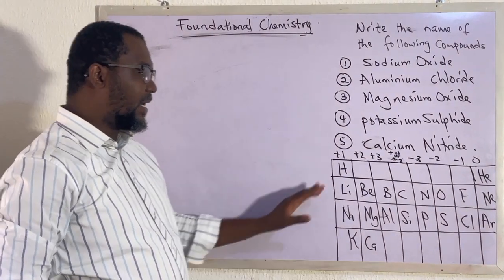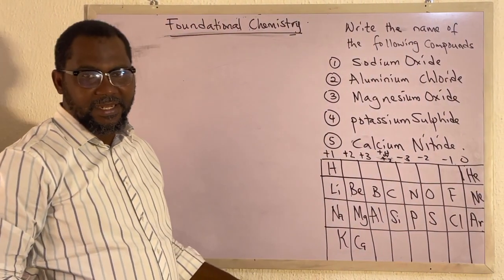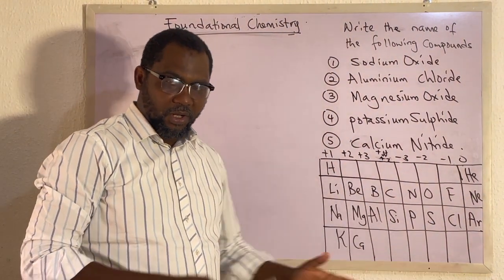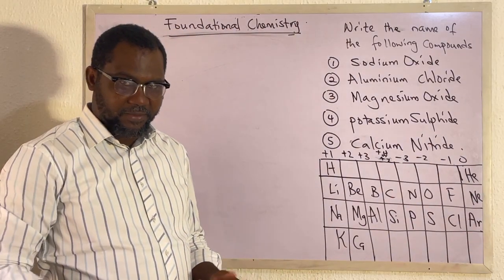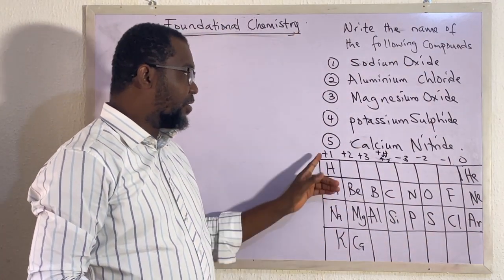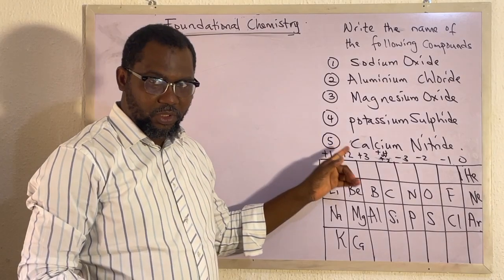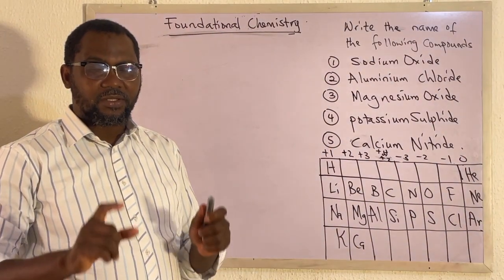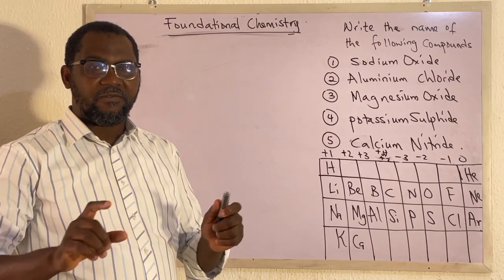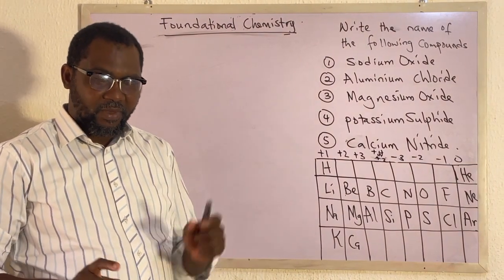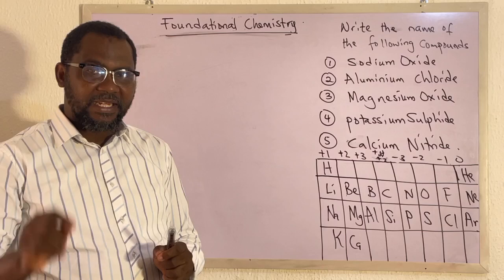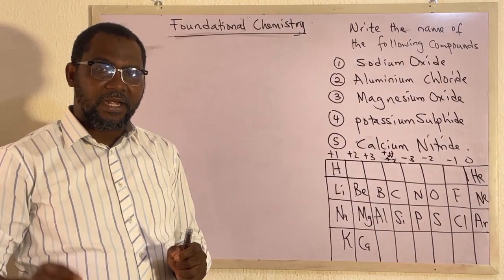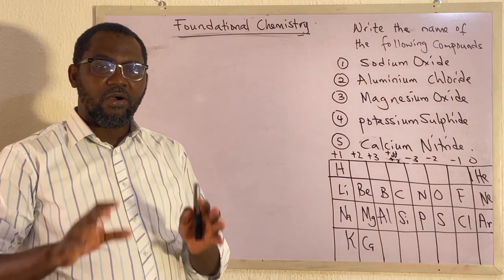Now you're going to wonder why I wrote this here. That is because I used the periodic table. This is what we call the periodic table of the first 20 elements. I used the periodic table in order to identify what we call valencies. Without valencies, you cannot write correctly the formula of an inorganic compound. I say that again. Without valencies, or what we call oxidation number, you cannot write correctly the formula of an